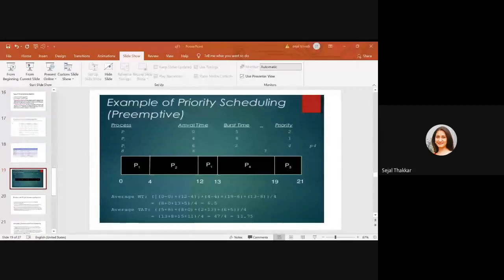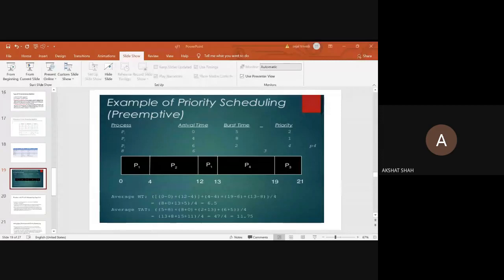Now the next algorithm is round robin scheduling. It means here all the processes will get a chance for execution for a given time period, and that is called the quantum. So in round robin scheduling, for example, a time quantum of 4 is given to you, right? These are the processes P1, P2, P3. Burst time is given to you and arrival time is 0 for the other processes. Round robin scheduling is always in preemptive mode, because a process can run for only that particular time quantum.